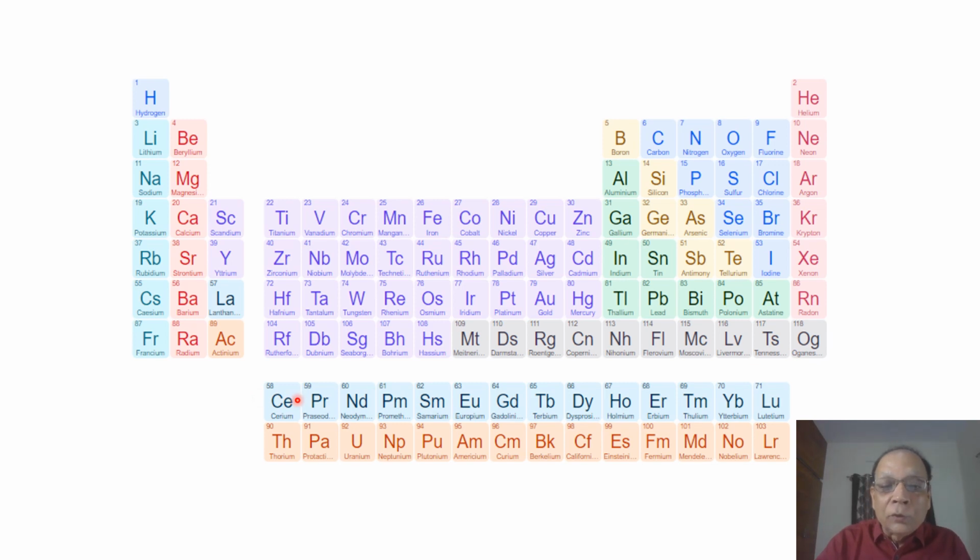So we are not able to adjust these. They all should come here. All of these should come here, but that is not to be. So they have been placed outside the body of the main periodic table. And these are the two disadvantages which we'll be seeing in writing.